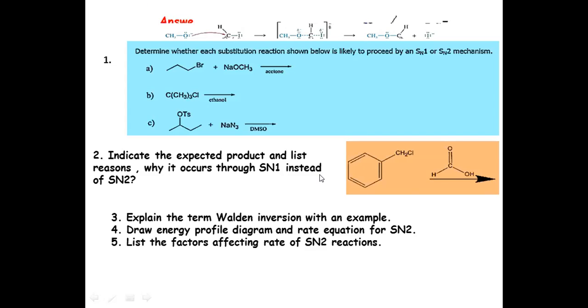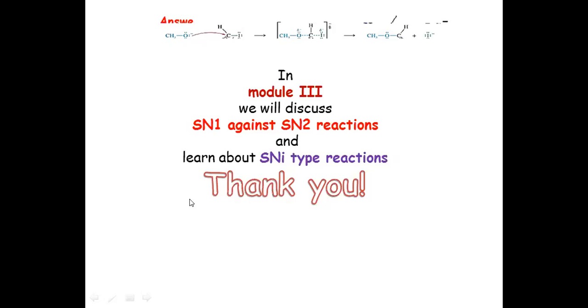We have studied about mechanism, stereochemistry, kinetic study, and what are the factors which will affect the rate of SN2 reaction. Based on that, these are the few questions you are supposed to answer and get back. So try to answer this question, and we will discuss about these things in the next lecture. In the next module, that is third module, we'll be talking about what is SN1 type of reaction, what is the comparison of SN1 and SN2, how do I decide whether reaction will go